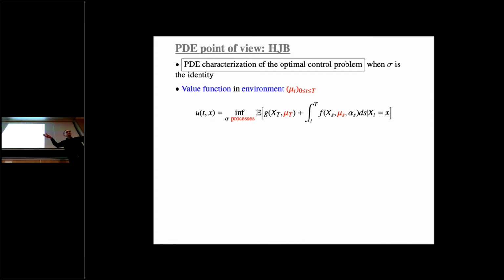So the environment is given, and you solve the usual stochastic control problem. And this is the value function. So once again, this is the best cost you have to pay till the end. So hence the reason why you start this integral from little t, because this is the running cost from now till the end. And this is one key result of stochastic control, to say that U solves the PDE, which is a Hamilton-Jacobi equation.